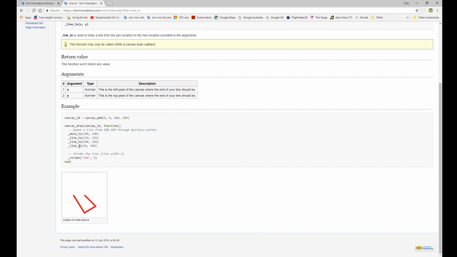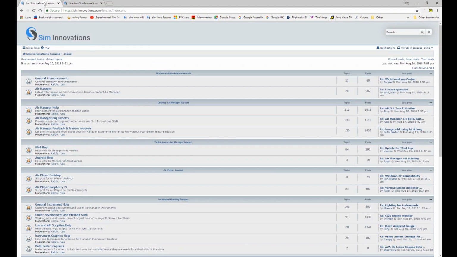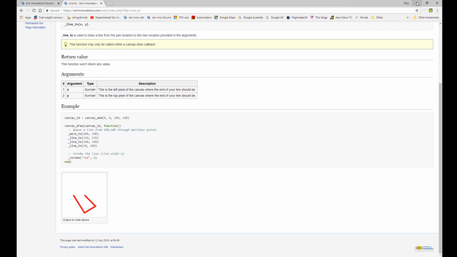Or if you get to the end here and you want to draw back to the original location, if those lines enclose a particular shape back to the original starting point, you can use a fill on that, and it will fill the inside of all those lines that are drawn. So you can draw a shape that isn't a standard shape and then fill the inside of it with whatever color you want, and you can use different ones of these to make up whatever image or graphic you want to represent. So, whoops, sorry,